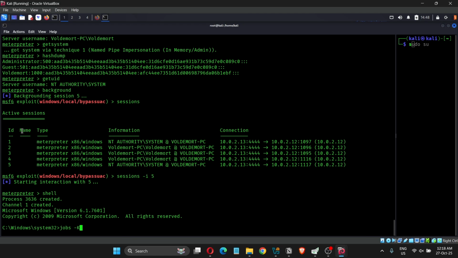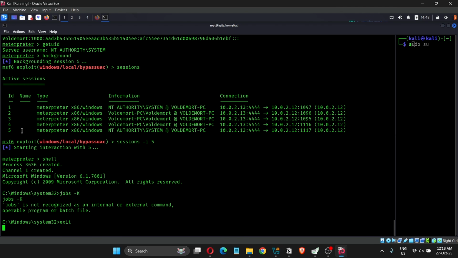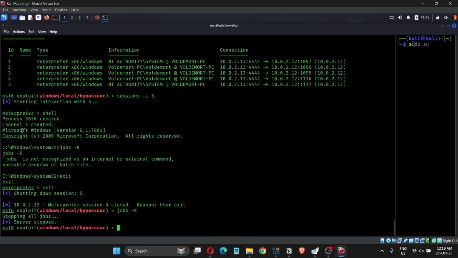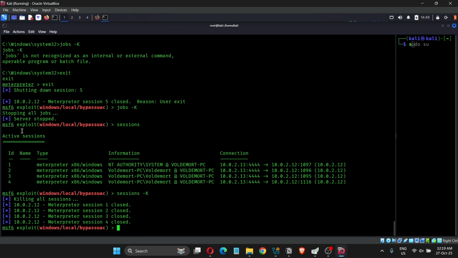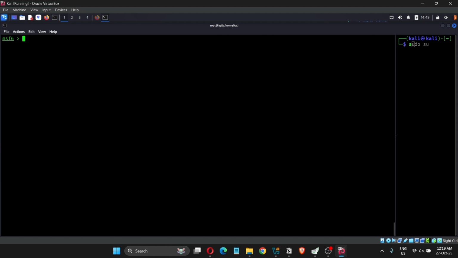We'll stop all the jobs and sessions. I mean, I need to exit from here. Exit. So we'll kill all the jobs as well as sessions. See here we are having these many sessions, right? We'll kill them as well. So now everything is closed. If we run sessions, we have no active sessions. We'll go back. Now we are done with that HTA thing, and we'll move to the next one, which is